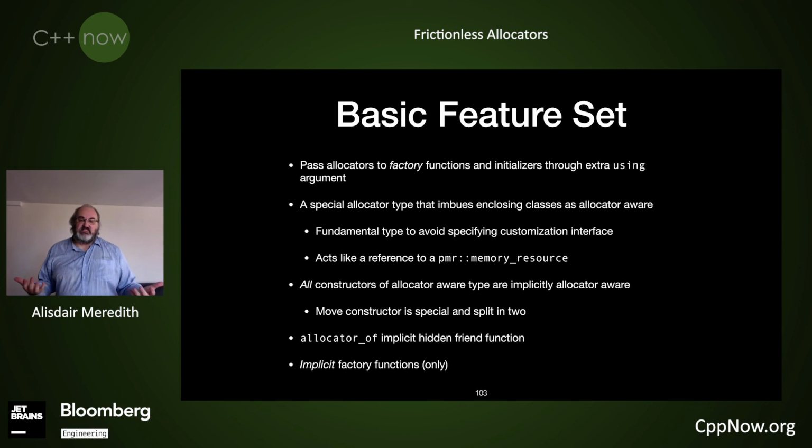There'll be an implicitly generated get_allocator hidden friend function that will query, as I say, all the way down the flash graph to find the leaf node that says, yes, I'm the one that's got the allocator, and this is the PMR memory resource I'm holding. And we'll have the notion of implicit factory functions on it. We're not looking into providing extensibility of factory functions, where you might want to provide your own overload to say, even though nothing in my interface says I'm allocator aware, I still want you to be able to inject an allocator into me because I've got certain uses for it.